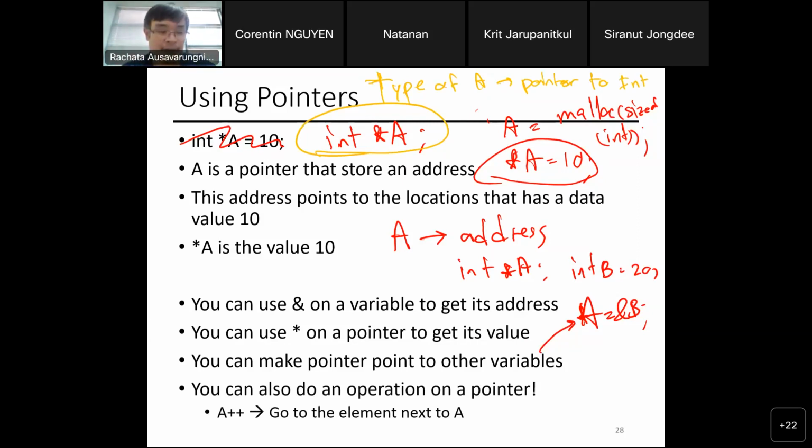So that's the type of A. If I do A plus plus, and let's assume A is 100, what is A plus plus? Will I get 101 or 104? Again, A points to an integer. A plus plus will go to the next integer. So am I going to get 101 or 104?